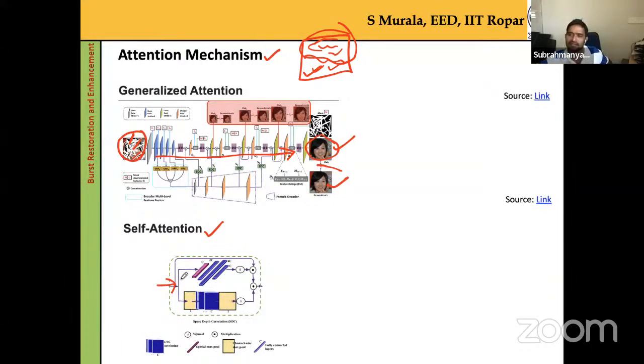From that single value, I get an attention for that particular channel. Similarly, if I have C number of channels, which is nothing but C number of feature maps,